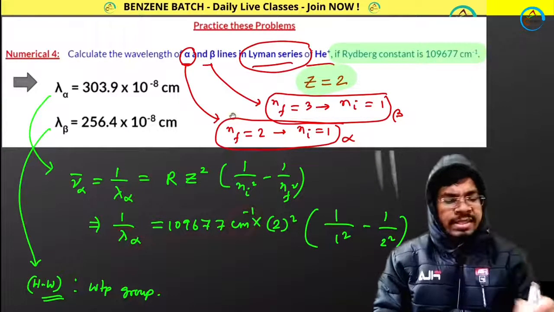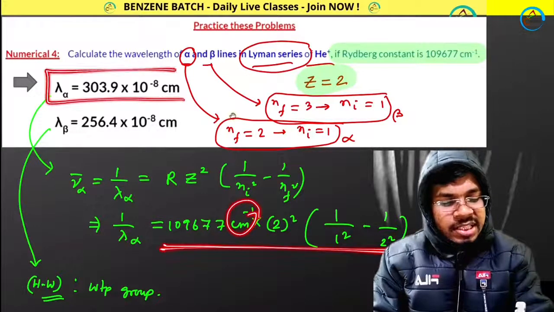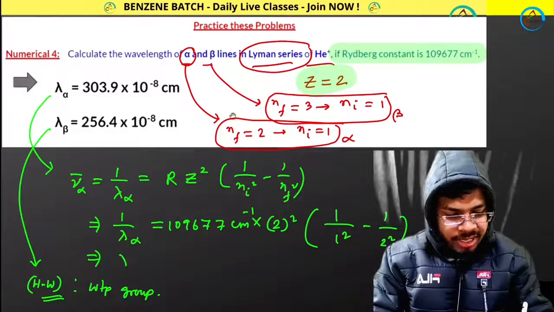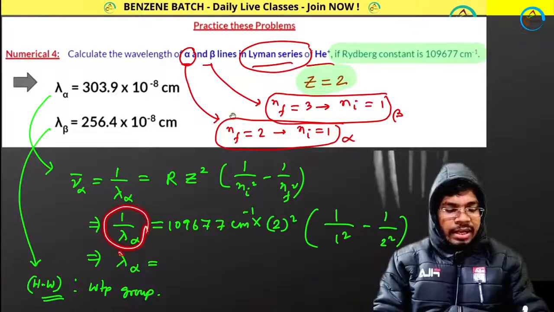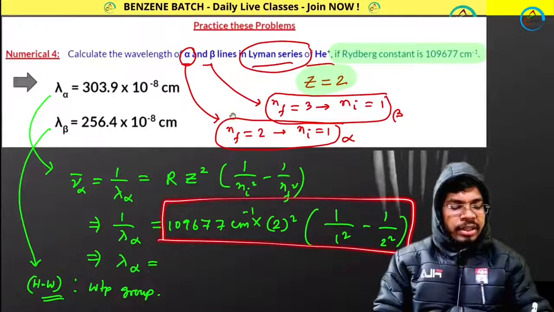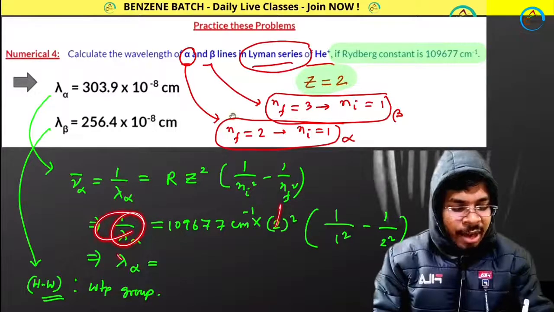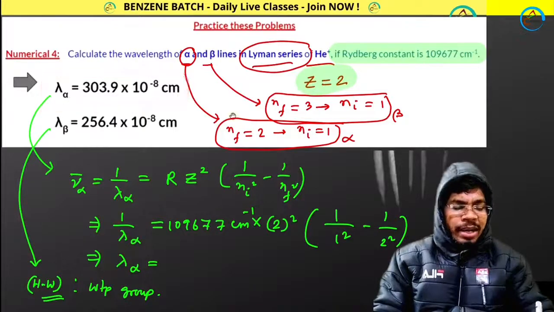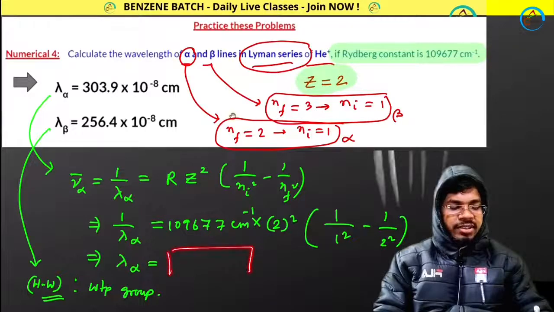Can you cross check and verify, after doing this calculation, whether you are getting this lambda value or not? Because here it is 1 by lambda, but you have to calculate the lambda alpha value. So first of all, do this calculation. After doing this calculation, whatever value you are getting, just take the inverse so that you can get the lambda alpha value. Can you check what value you are getting? Just tell me in the comment box. Quickly, first tell me.